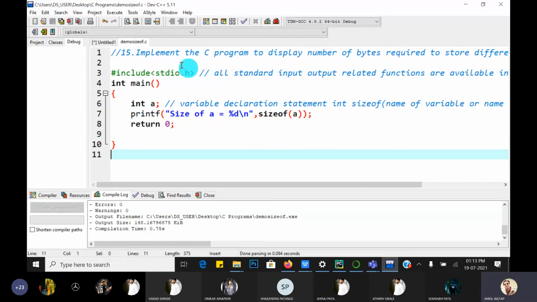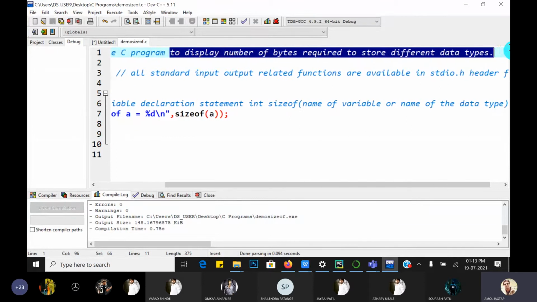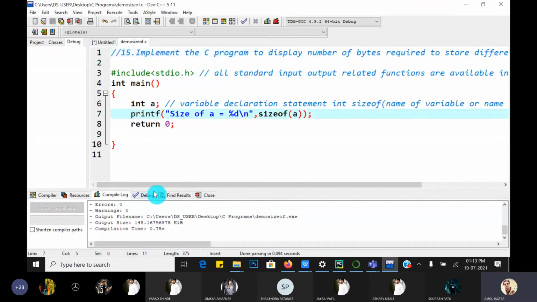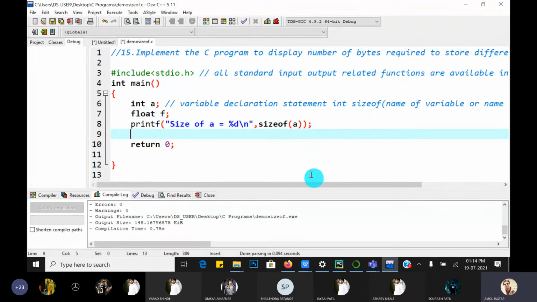Okay, so this is a simple program to display the number of bytes required to store different data types. This is the first data type, integer. Now check for another data type, suppose float f. How can we check it? By using the same function.